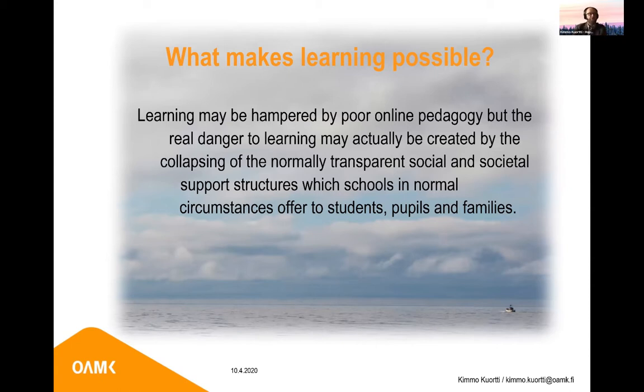If you have poorly planned online teaching or remote teaching, even if you want to call it that, if it's poorly planned, in a hurry, with teachers not knowing what they do, students not knowing, of course that can be a problem for learning. And it's true, of course, it's not optimal for learning. But the other effects